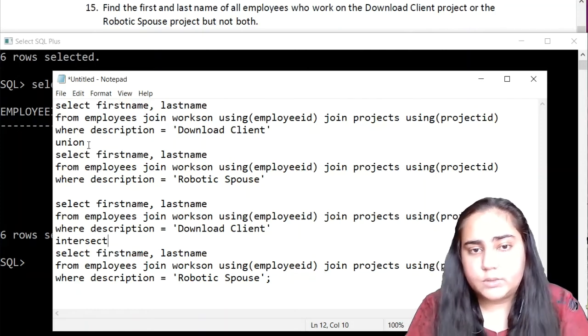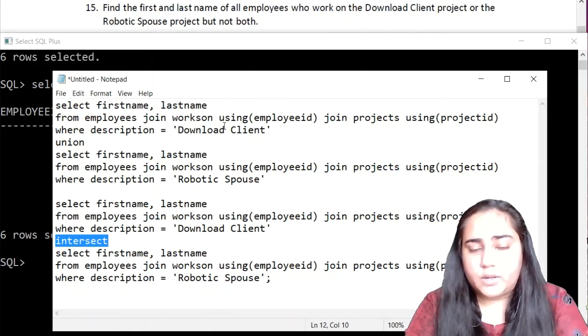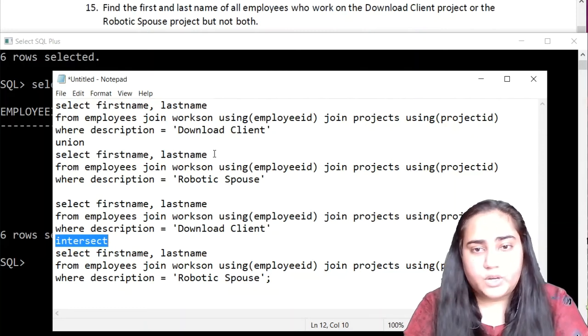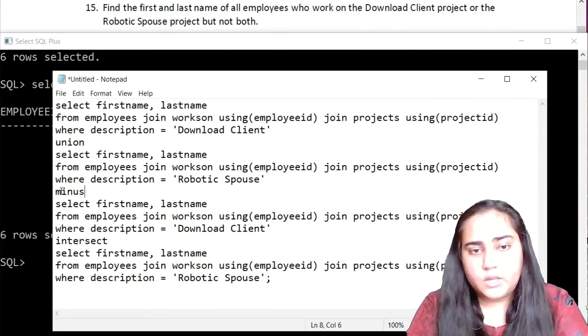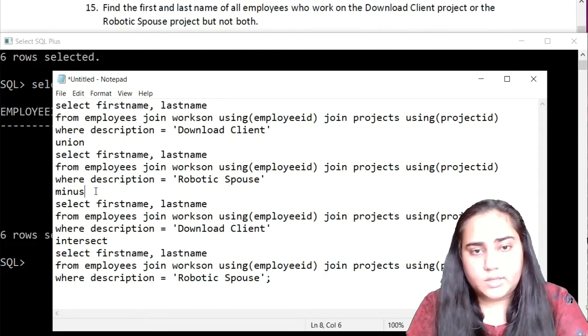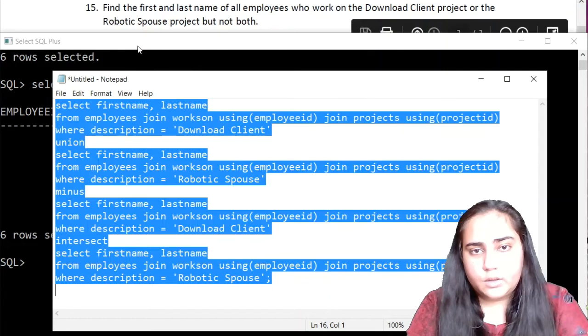Now, what I need to do is basically union minus intersect. I want people working on download client or robotic spouse, but I don't want people working on both of them. And so I have to do union minus intersect in this manner. So just add a minus here in between, and let's Control A and Control C, copy this, go to the